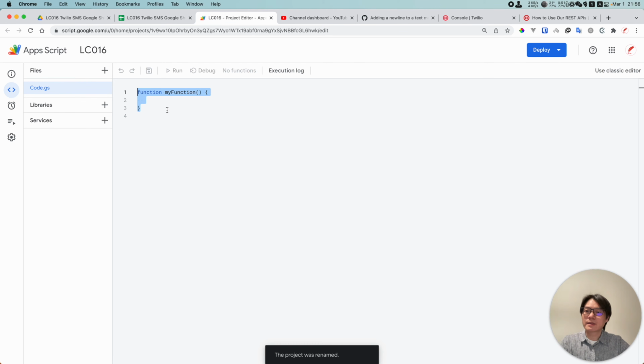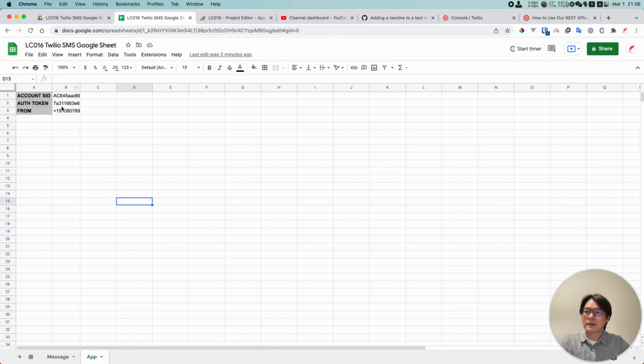I don't think this project is... I think it is easy to do, but it's going to show you how to make a post request with the URL fetch API. Okay. So first of all, I'd like to get these settings right, because these parameters are very important for the